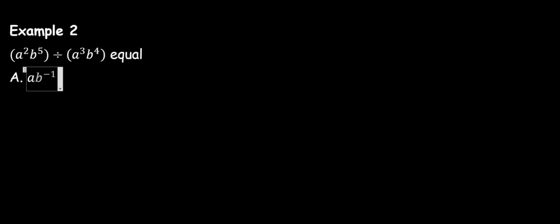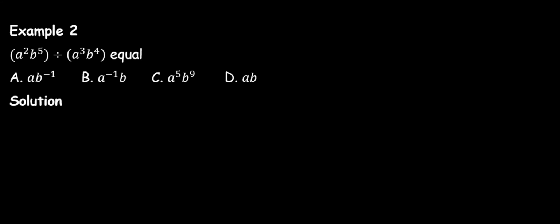Option B, a raised to power minus 1 b. Option C, a raised to power 5 times b raised to power 9. Option D, ab. Solution. The problem we are given is the same as a raised to power 2 times b